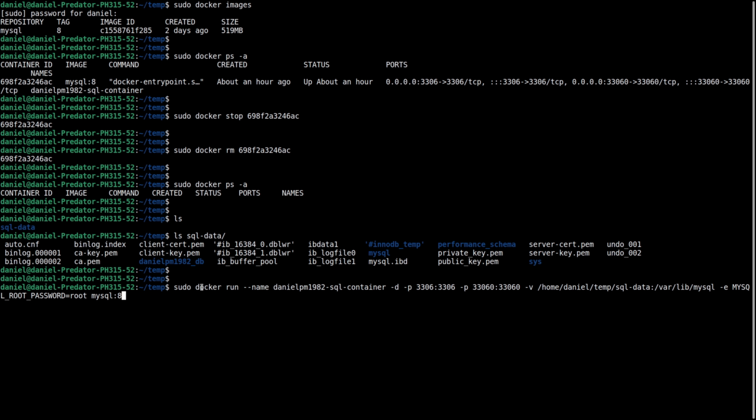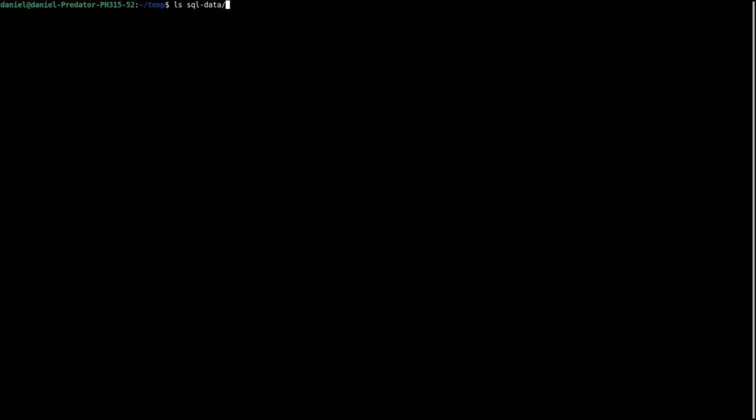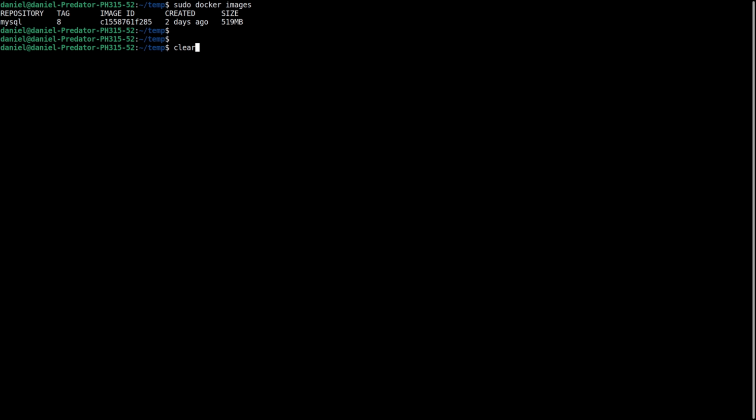So let's just run this command all the same again, so that you can see that because of the mapping we are doing here, all the data saved at the SQL folder will be reused by the Docker engine for another and different container it will be creating from that same Docker image. So enter. Okay, it's much faster because we already have the image downloaded, so we're just creating the container from it. Let me just clear here and call docker images and docker